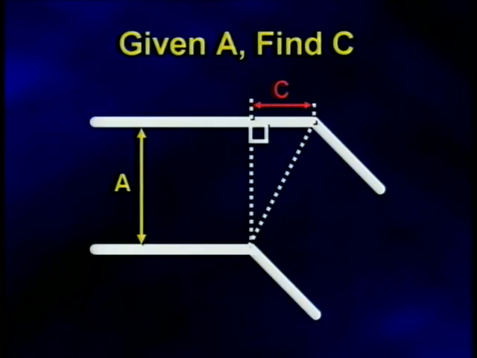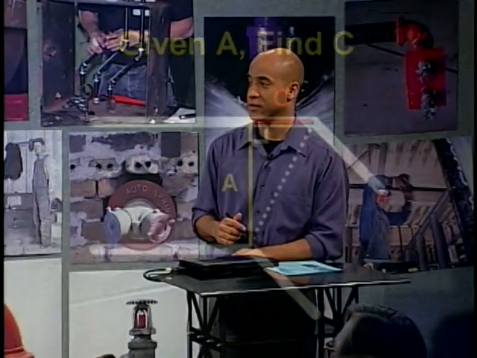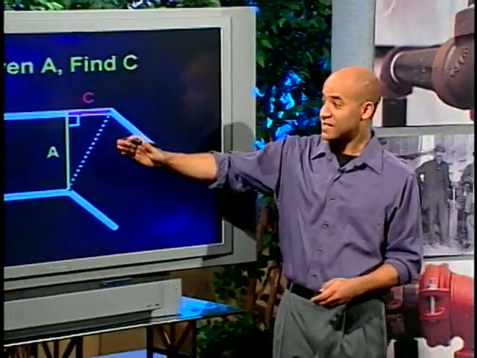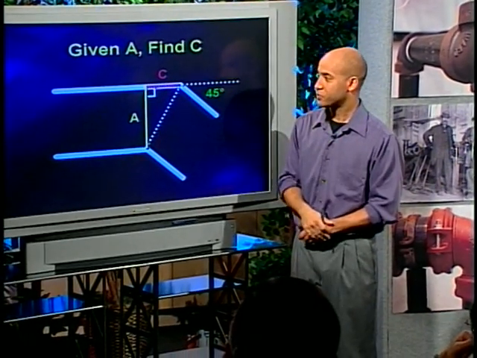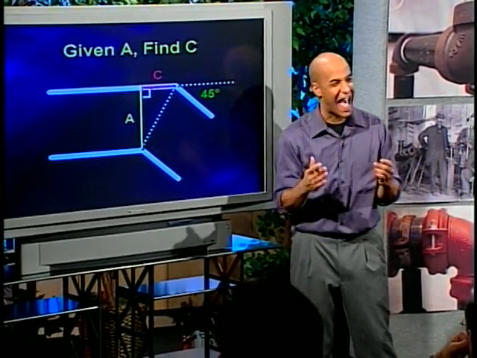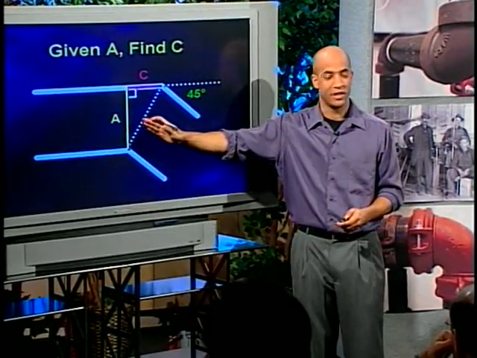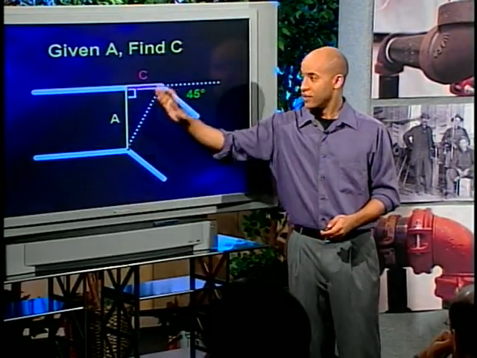You'll notice that that distance C, which was the difference between one pipe and the other before the offset, will form a right triangle with the elbows of the offset. So we're going to use our information about right triangles once again to figure out that distance C. A, the distance between the pipes, will be the length of one leg, and C will be the length of the other leg. We need to know something about the angles in that triangle to be able to calculate the